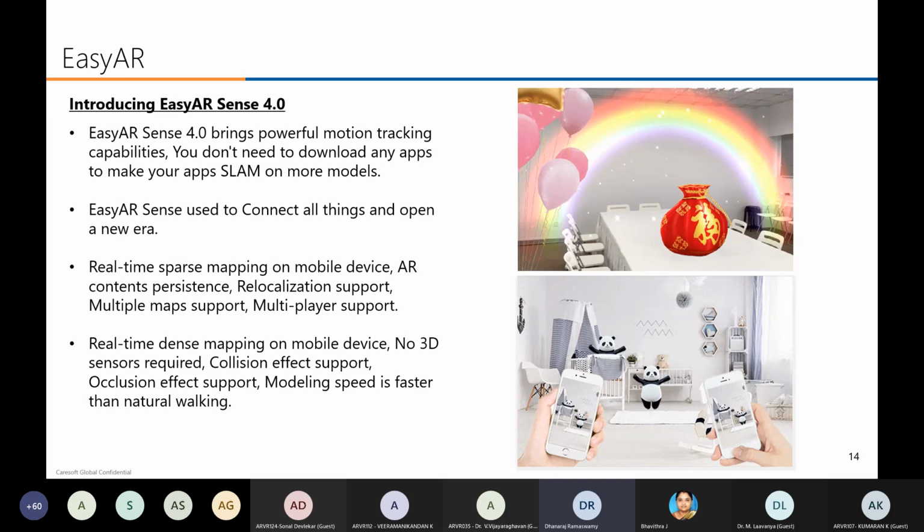See, the first image is where we have placed a gift on the table. This is basic AR. We have placed some gift on the table. It works like Vuforia, and even this rainbow is placed in the room. But in this example, the second image and first panda, it's reading depth. It has placed on the chair.